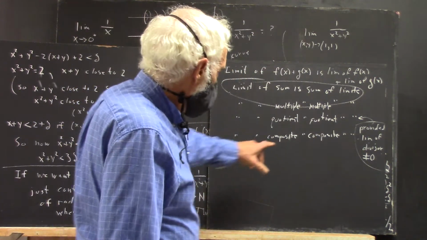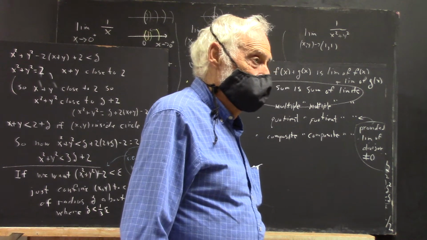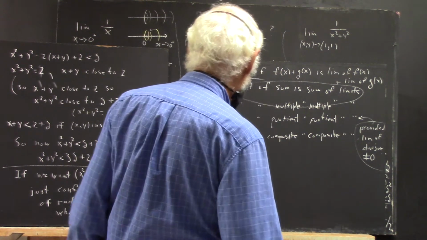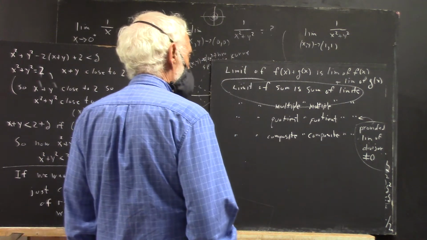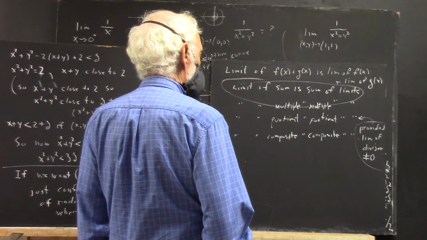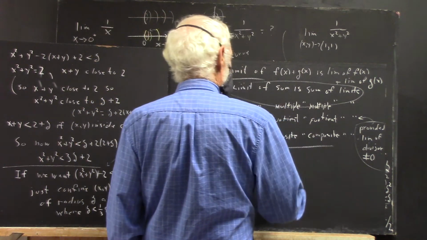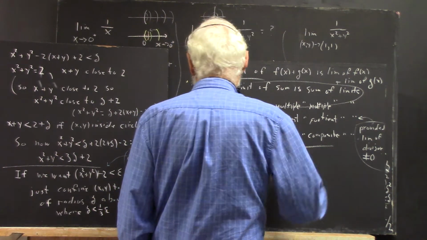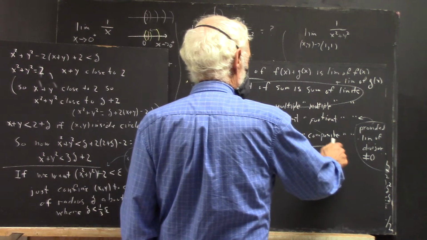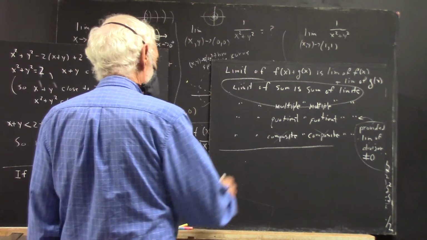The limit of a composite function is a composite of the limits. Wait a minute, I didn't say that right, but we'll apply it in a minute. Okay, let's see how these apply. This really isn't quite true. So I'll just kind of cross this out for a moment and fix it. Okay, so for example,